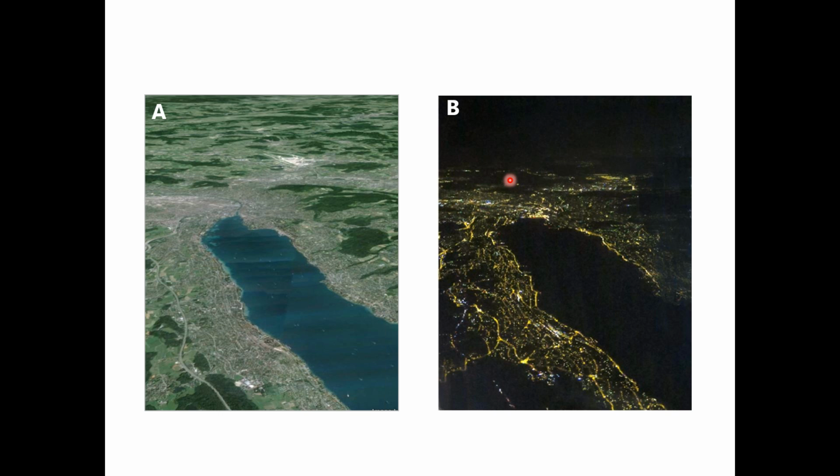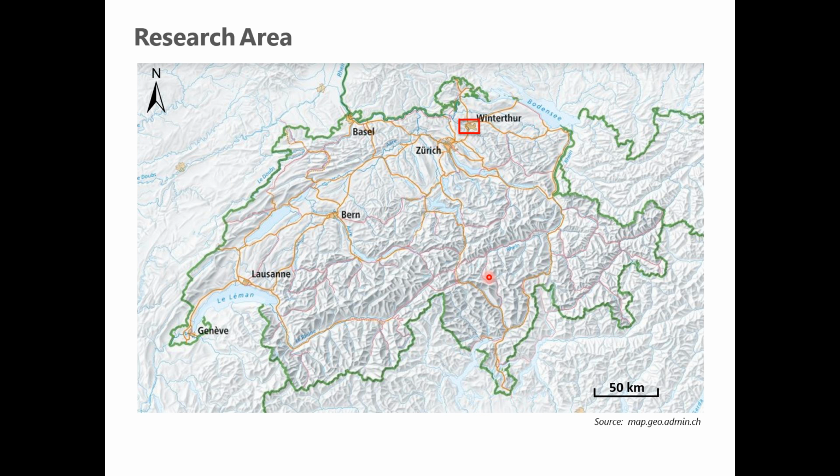I flew over Switzerland recently, during the time I was working on the studies, and I took this picture in B. This is over the Lake of Zurich, and I imagined it should be possible to get a map of an area in that quality, seeing streets, seeing details, and with a good resolution. That led me to my research question, which I wanted to apply to the research area around my hometown